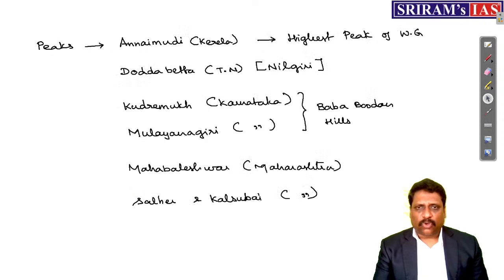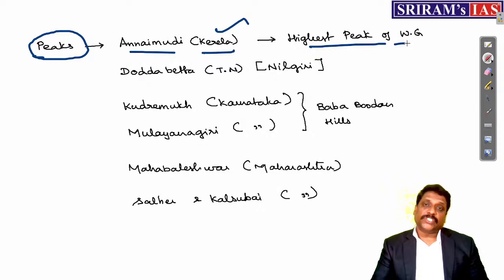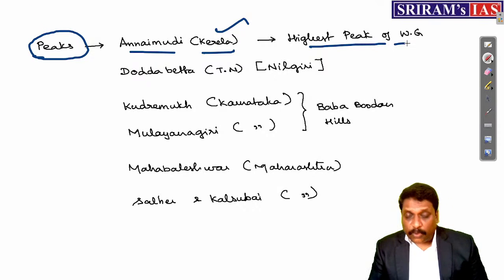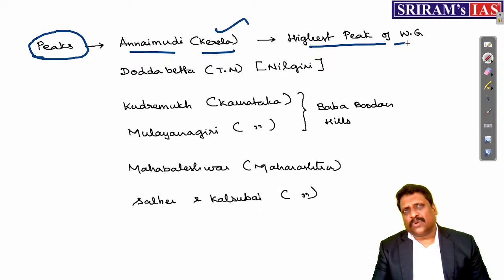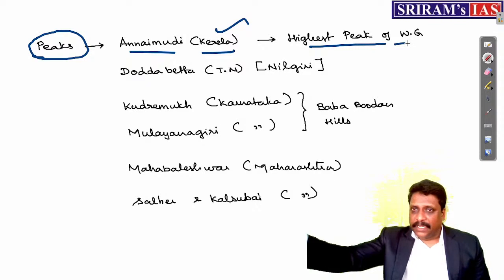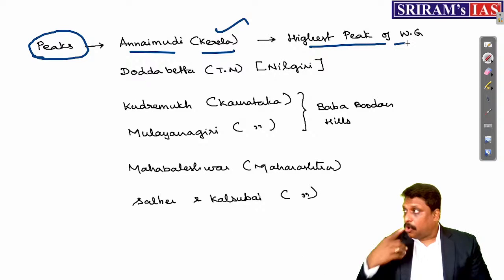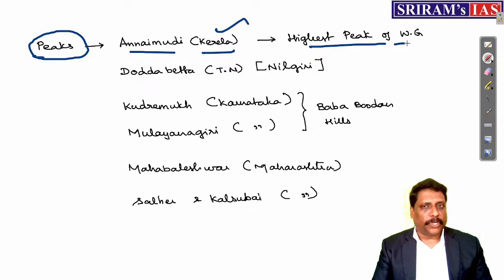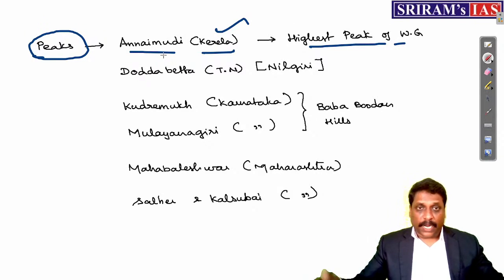Having said this, now talking about some very important aspects, particularly the peaks of the Western Ghats. Anaimudi, in Kerala, is considered to be the highest peak of the Western Ghats. Not only that, my friends, I would say Anaimudi is the highest peak in the entire India outside the Himalayas. When I say outside the Himalayas, assume that I'm not taking the Himalayan consideration. Leaving the Himalayas, among all the mountains in the rest of India, the highest peak is Anaimudi. It is part and parcel of the mountain called Anamalai. Anamalai is the mountain, Anaimudi is a peak.